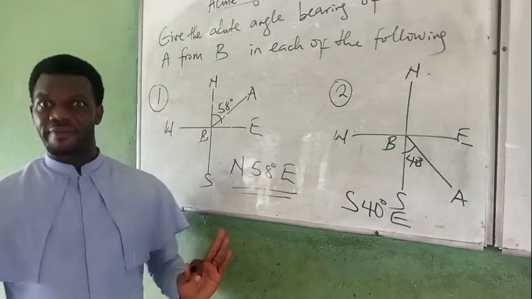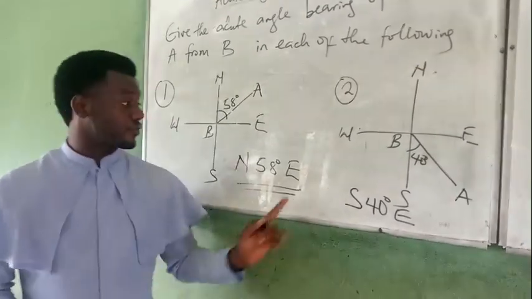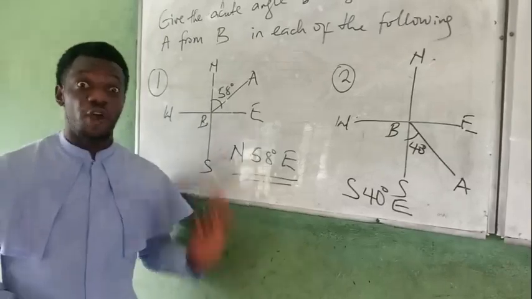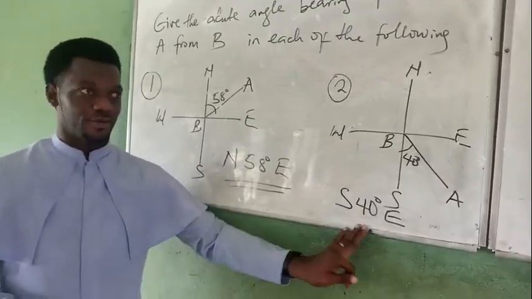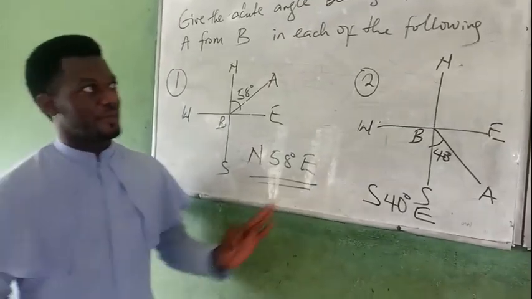See, southeast and northeast are in a line. Don't say east south or east north. It is wrong. You must either say northeast or southeast. So we got this. There is no complication to that. But now,